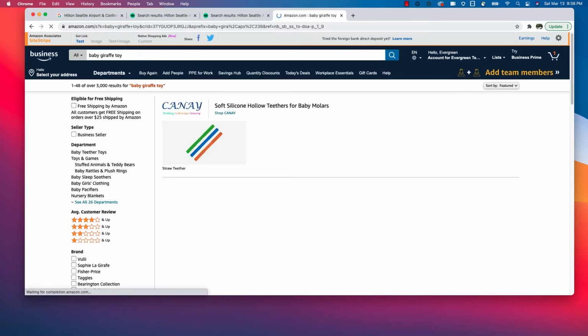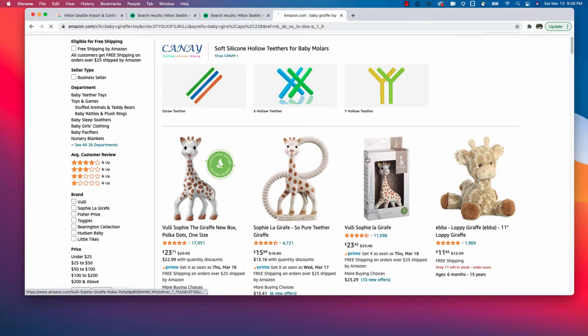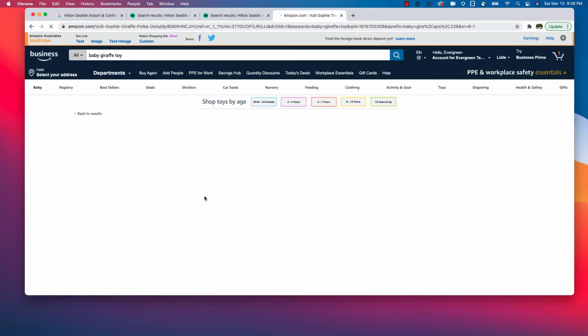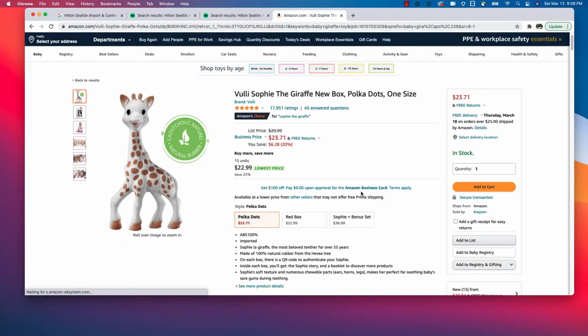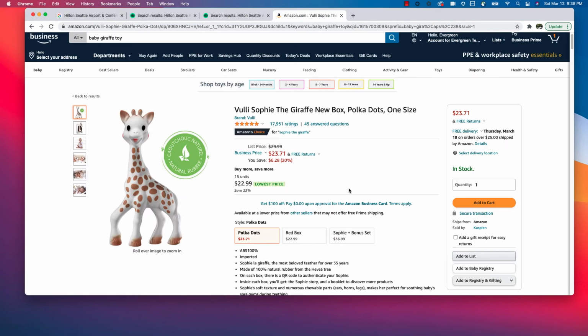It shows me a lot of results, and let's say I'm looking at a specific baby giraffe toy. As you read through this, let's say there are certain aspects of this toy you don't like, but you want a very similar toy with some other specifications.